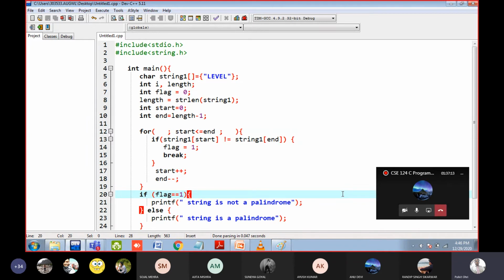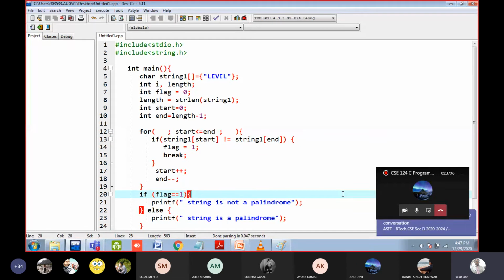Break only breaks the loop. So when you encounter the break statement at line number 15, it will stop the for loop. Break does not stop the if, because if works only one time. Break directly affects only the loops: the for loop, while loop, and do while loop. So whenever you see break, it means stop the one loop. When one break statement is there, it will stop only one loop.